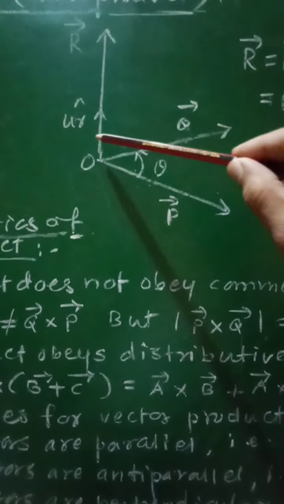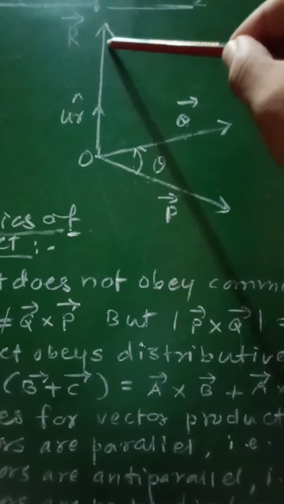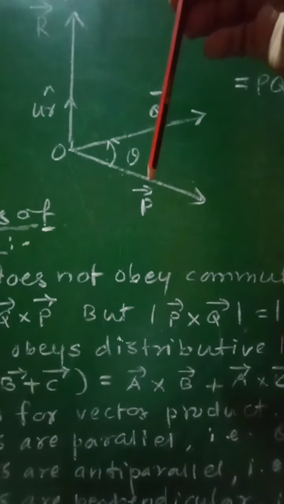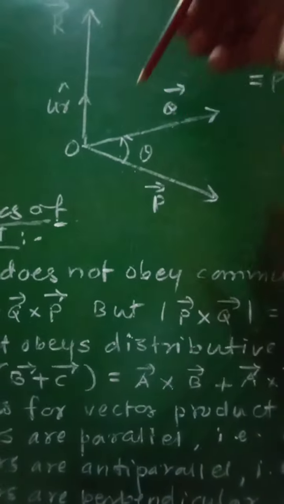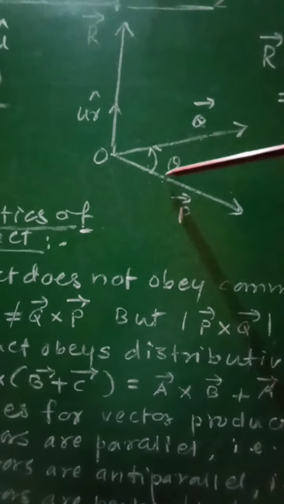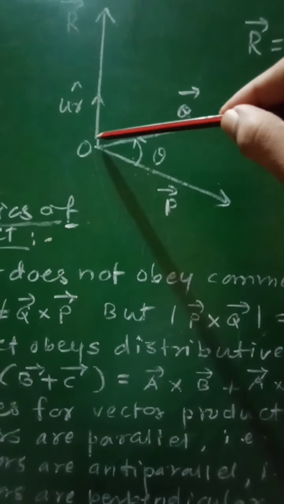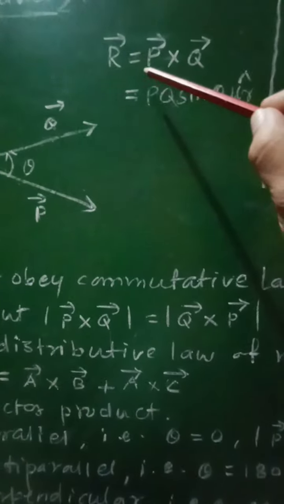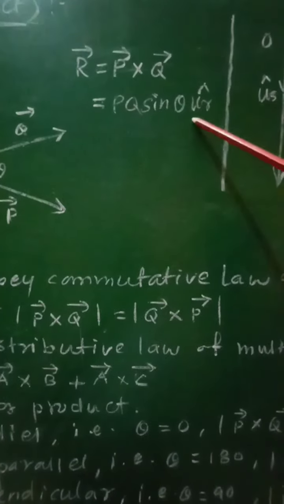and therefore the vector product of these two vectors, that is vector P cross vector Q, will be given in this direction, that is in the upward direction, because if you rotate the screw from vector P to vector Q, the tip of this screw will proceed in the upward direction, and therefore this vector R will be the vector which will denote the cross product of vector P and vector Q along with UR as the unit vector along this vector R. And therefore in this case vector R will be equal to vector P cross vector Q, which will be equal to PQ sine theta into vector UR.